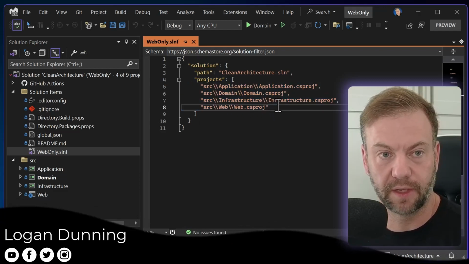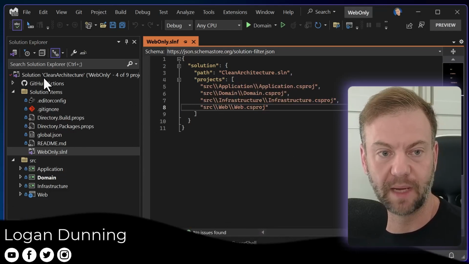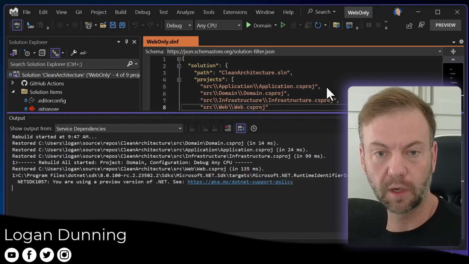But yeah, essentially you'll get a build faster, you'll get a debug faster, and all of that stuff just by limiting the projects that you're working on for the